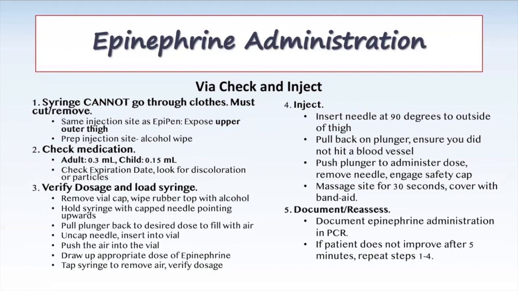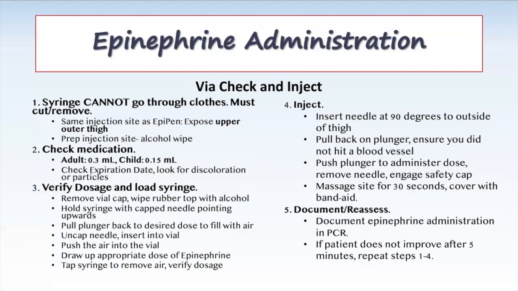Then verify the dosage. For an adult, you'll inject 0.3 milliliters of epinephrine, and for a child, you will inject 0.15 milliliters. Most all of the patients on campus will be adults. Locate the 0.3 mark on your syringe and hold the medication bottle upside down and insert the needle into the rubber top. Pull the plunger back to the 0.3 milliliter mark and tap the body of the syringe to remove